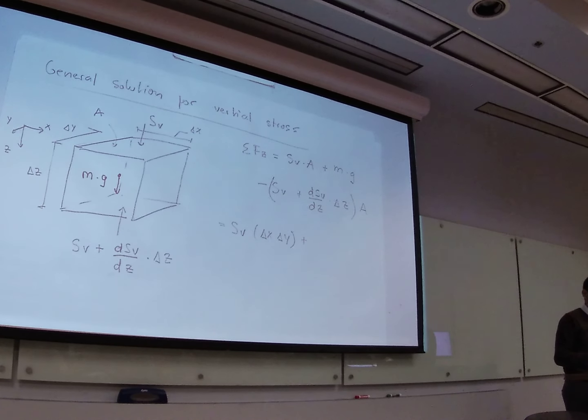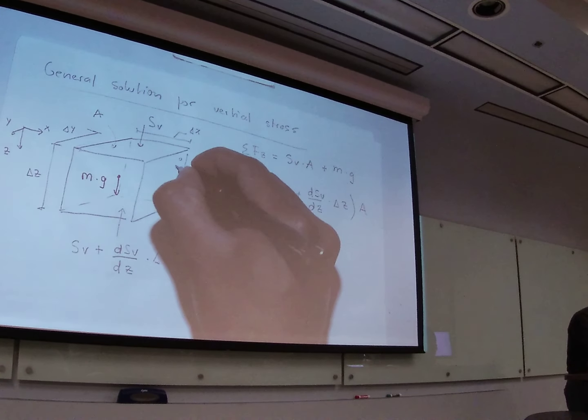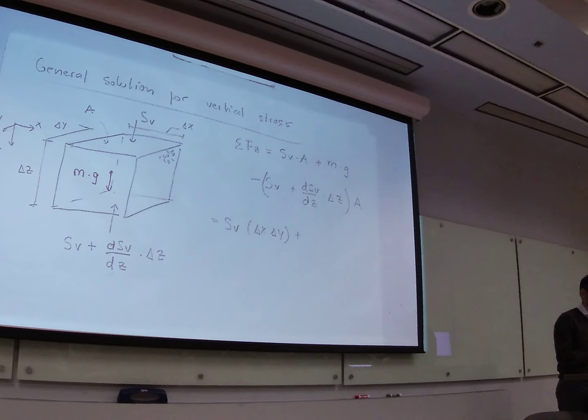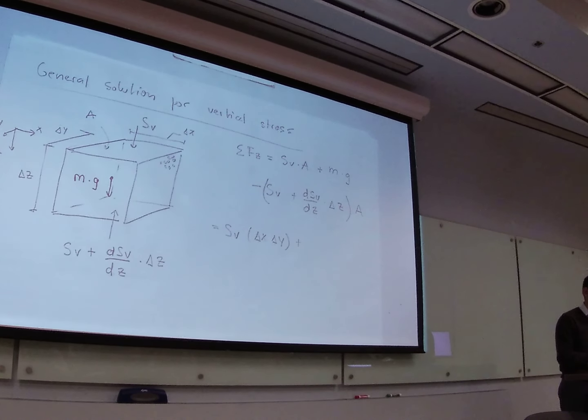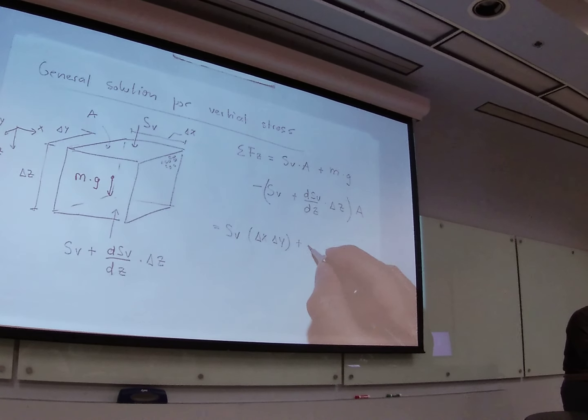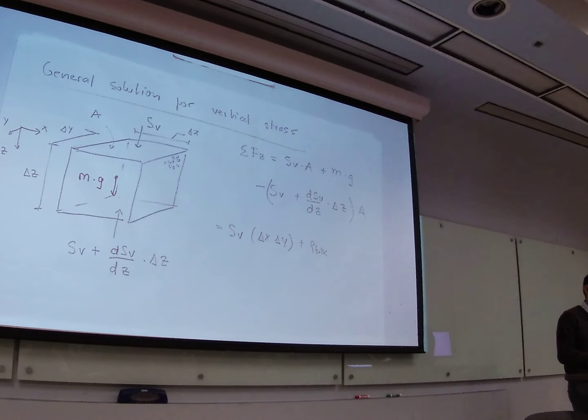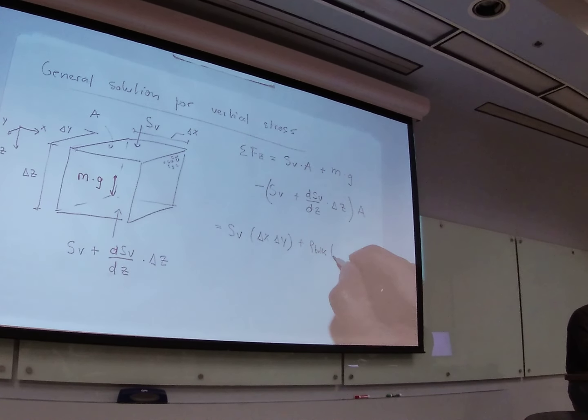What is going to be the mass of this element of rock? Remember, I'm not drawing all the pores over here, but this is a rock filled with fluids. Can you tell me how we can express the mass of this rock based on what we have seen before? I could go all the way into that, but I'm not going to go into detail right now. It's just going to be the bulk density times the volume, where the volume is delta x, delta y, delta z,